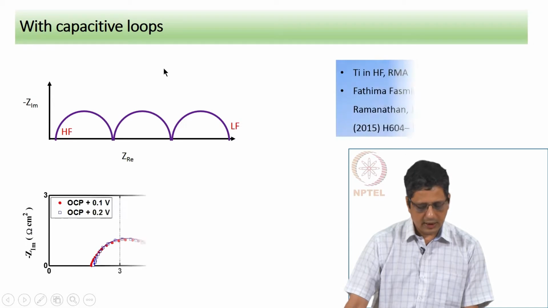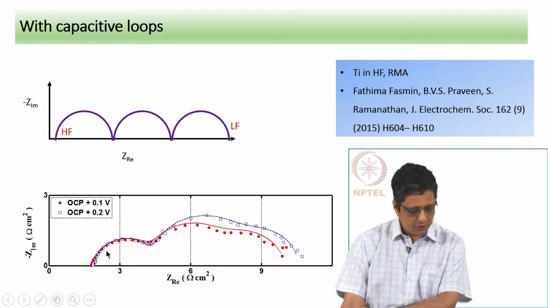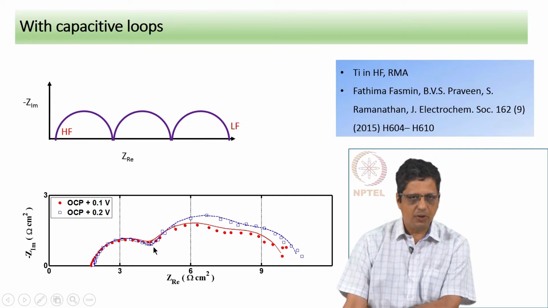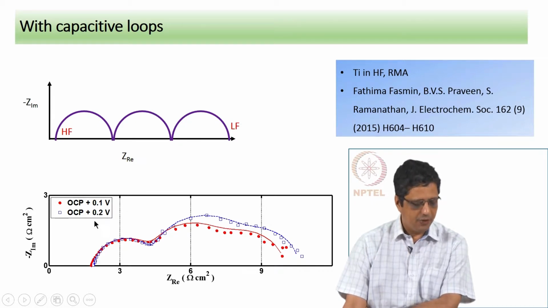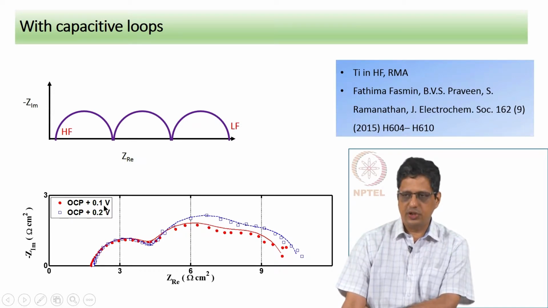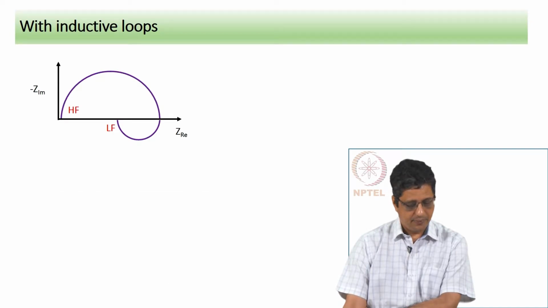Okay. One example of this is titanium dissolving in HF. This shows the first loop coming out nicely. Second and third loops are not that well separated, but you can also see that it cannot be modeled with only one capacitive loop from the mid frequency to the low frequency data. These are taken at two bias conditions, and at both conditions it shows 3 loops, and this is in the region called the active dissolution region. Okay. This is in 2015, and this is also analyzed using mechanistic analysis.